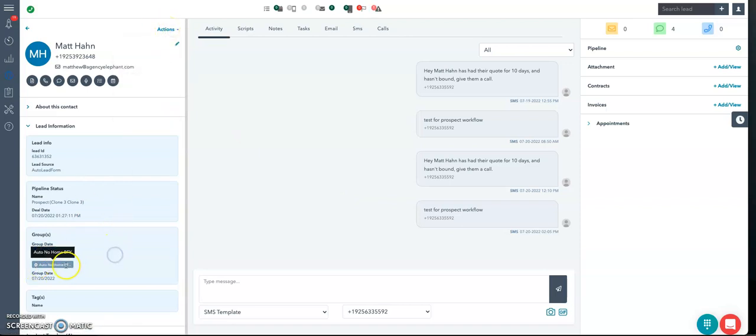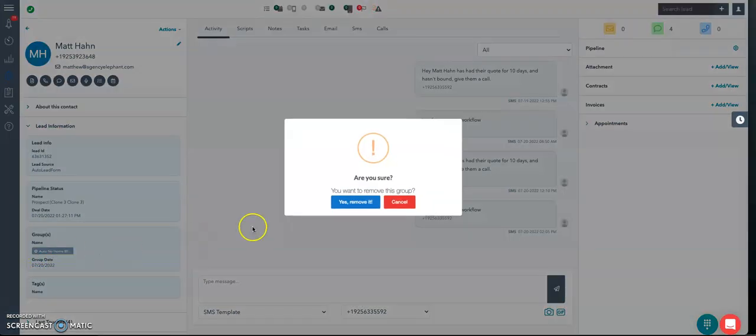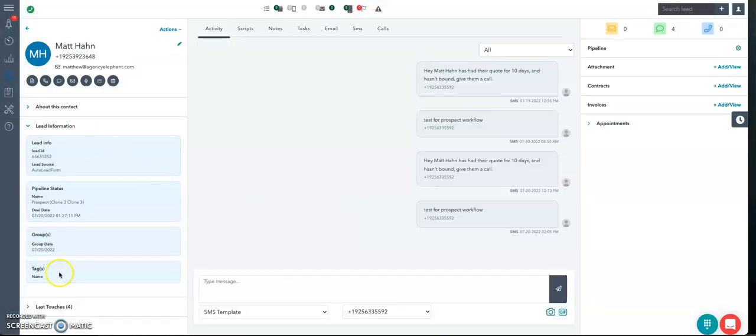If there is a group, like for example this one, Auto No Home, this triggers automation. If the person is in a group and you want to stop that automation, you simply remove the group from the profile. Once they're removed from the group, the future automations stop, okay? Now, automations also stop in other ways, and we'll go through that in the video for drip